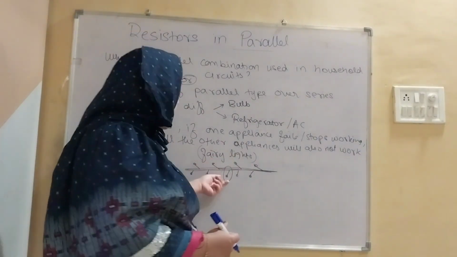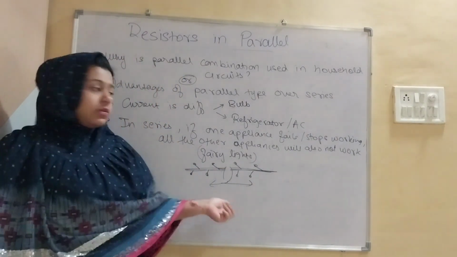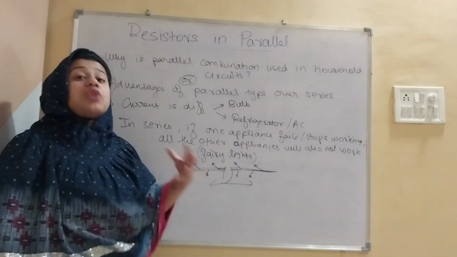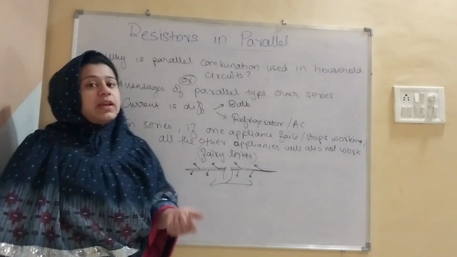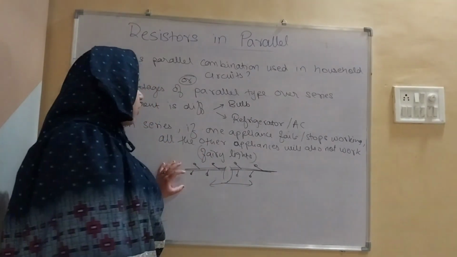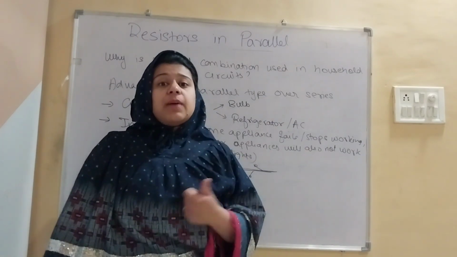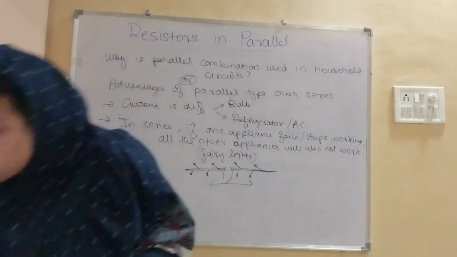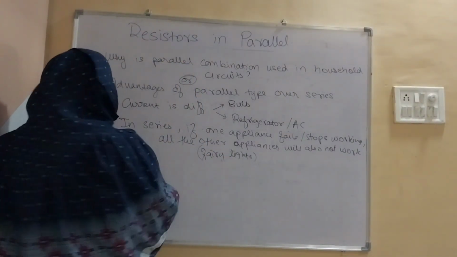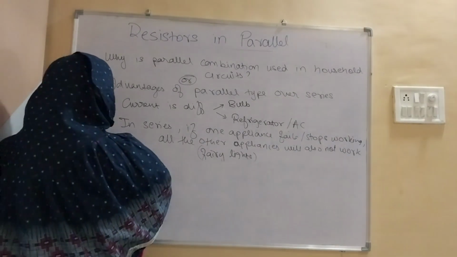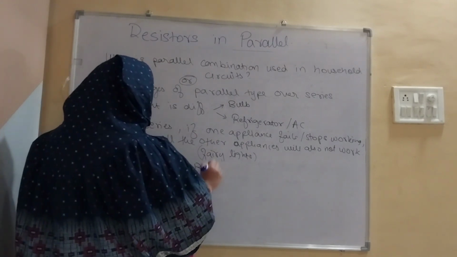सीरीज में करंट जो है वो सेम रहता है, तो अगर एक अप्लायंस भी फेल हो गया तो करंट का जो फ्लो है दैट विल नॉट, द करंट विल नॉट फ्लो, द फ्लो ऑफ द करंट विल स्टॉप, करंट का फ्लो जो है वो रुक जाएगा। उसकी वजह से कोई भी अप्लायंस जो है वो वर्क नहीं करेगा। ठीक है, तो इन सीरीज टाइप ऑफ कॉम्बिनेशन अगर एक अप्लायंस फेल हो जाता है या फंक्शन करना स्टॉप कर देता है तो सारे अप्लायंसेस विल स्टॉप फंक्शनिंग। ओके, सो दिस इज द सेकेंड डिसएडवांटेज।